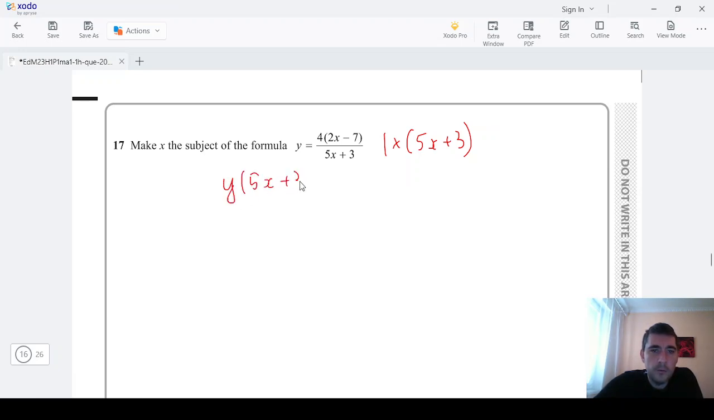So formula will become y(5x plus 3) equal the numerator of the right side, because that just cancels after multiplication. So 4(2x minus 7). So first bit is done. Second bit, if there's any bracket, expand the bracket, because you need to move all x's to one side and all variables or all terms without x to the other. So let's expand the bracket. We get